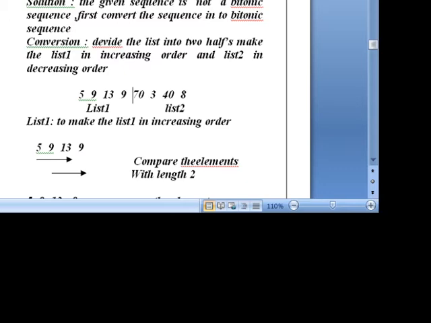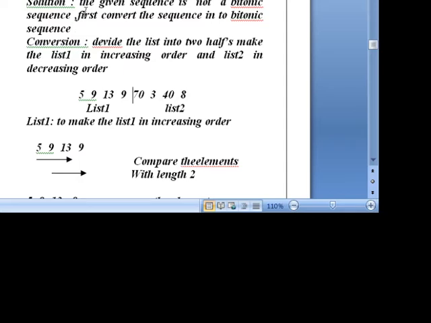When the list is given, first we have to verify whether the sequence is a Bitonic sequence or not. Coming to here: increasing, increasing, decreasing, increasing, decreasing, increasing, decreasing. That means it is not an increasing-then-decreasing sequence, so the given sequence is not a Bitonic sequence. To sort the list in sorting order using Bitonic sort, the list must be in Bitonic sequence. Here we observe that the given sequence is not in Bitonic sequence.